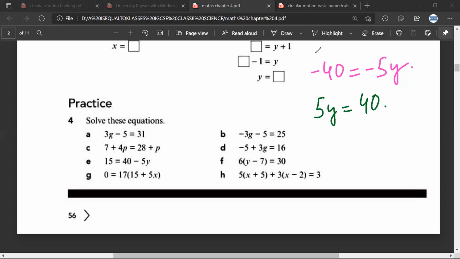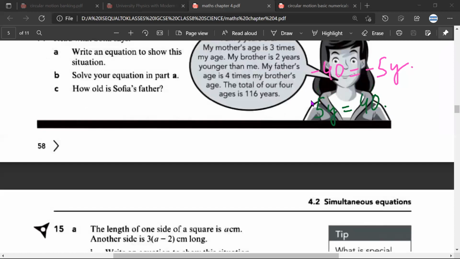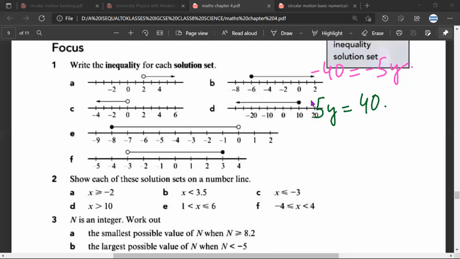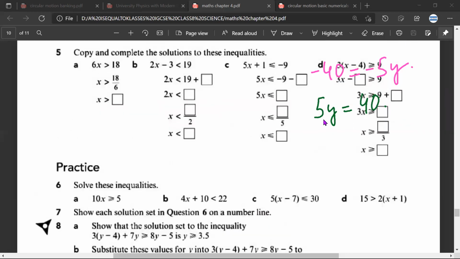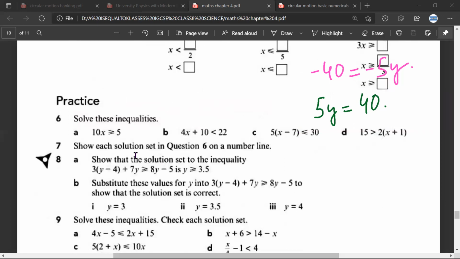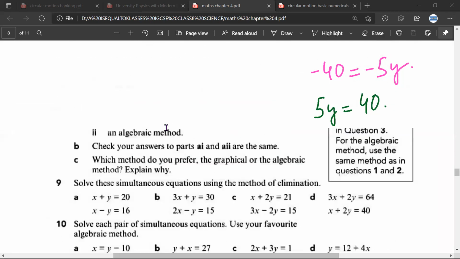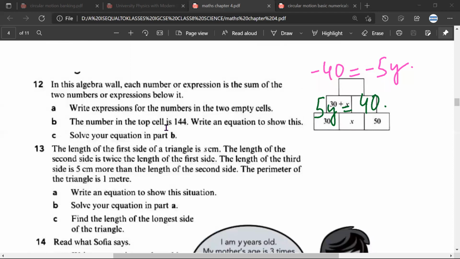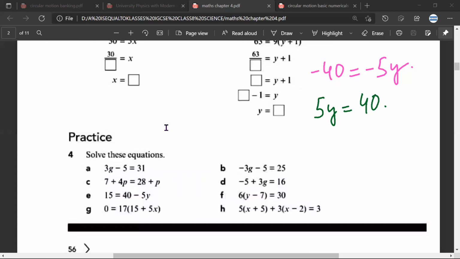Yes, sir. See, Mr. Satya, Mr. Ariman, at the end of this chapter, you will have to do inequalities. Now, inequalities will become a headache if our basic equations are not okay. Mr. Satya, Mr. Ariman, have you understood? Yes, sir. We'll have to do questions like these, inequalities. If our basics about basic equations are not fine, then inequalities will become a big headache. So that is why I want to spend some time.